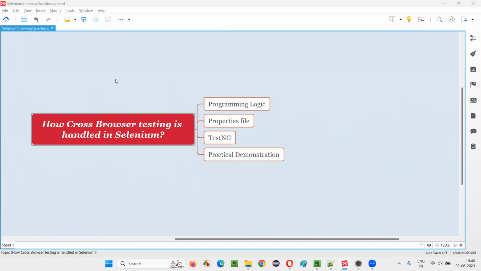In this session, I am going to answer one of the Selenium interview questions. That is, how is cross-browser testing handled in Selenium automation projects? Let me answer. In our Selenium automation projects, we write Selenium scripts. These scripts need to run on different browsers that are supported by the application under test, and that is called